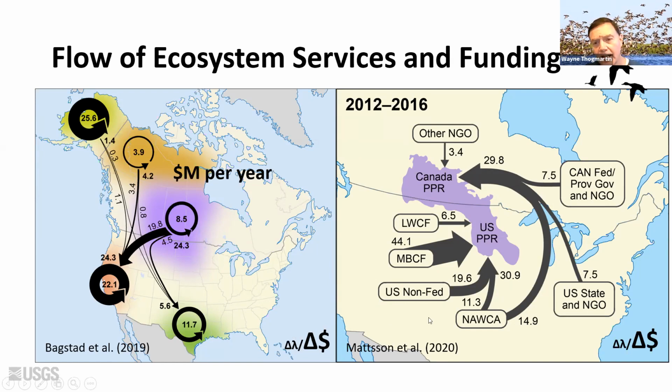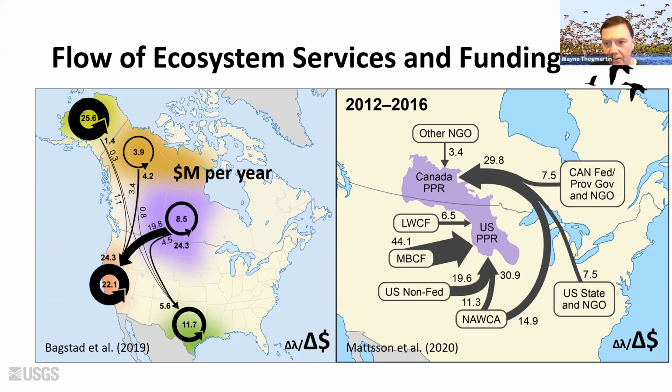Similarly, we've tried to understand how funding flows from one state or one location in the nation to areas where we need to direct it for habitat management. And so we've spent quite a bit of time identifying these different sources of funds and how they flow into and support waterfowl and duck management in North America. There are some interesting cross-border, transboundary governance issues that need to be wrestled with as well when you think about these sorts of flows of ecosystem services and funding.